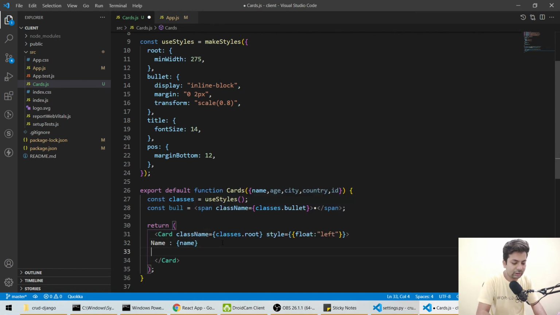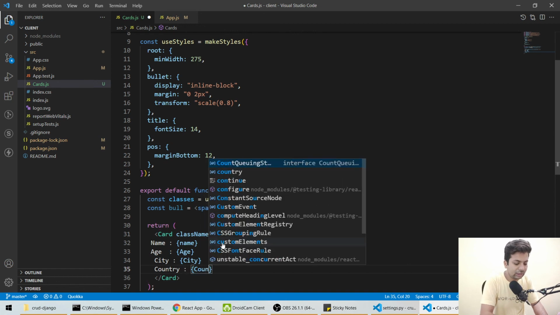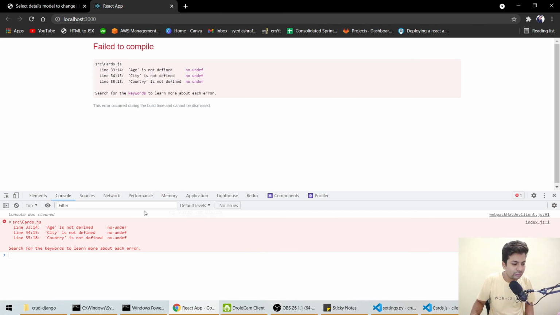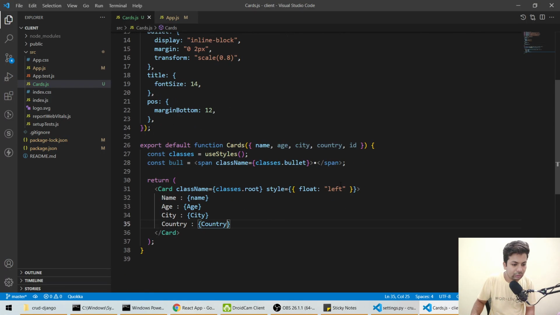Then age, and here age. Then city, and here city. Then country, and here country. Let's check. Okay, age, city, country are in small letters.